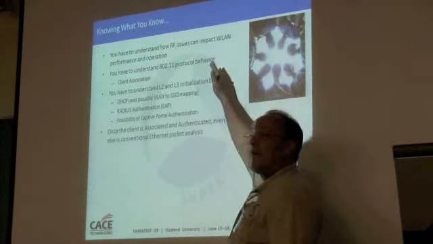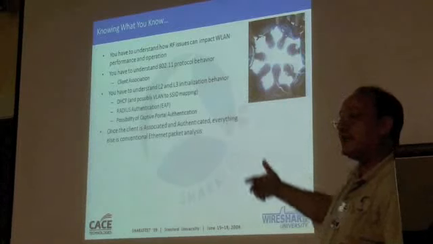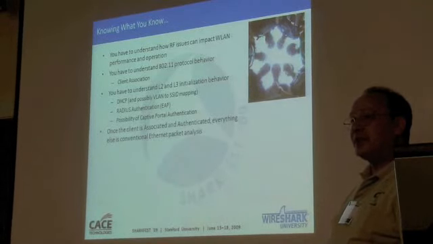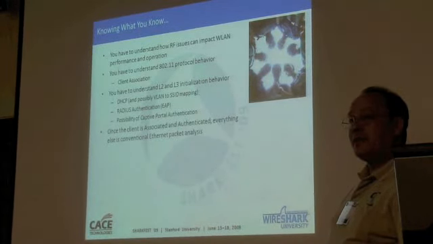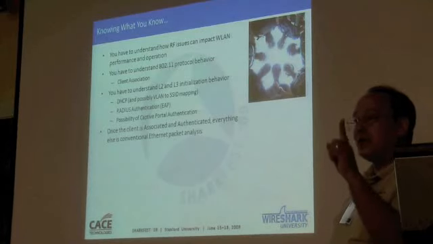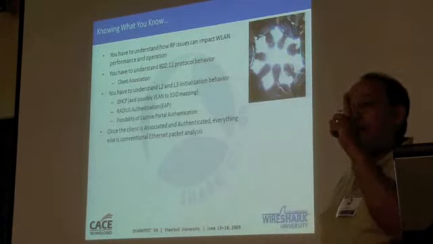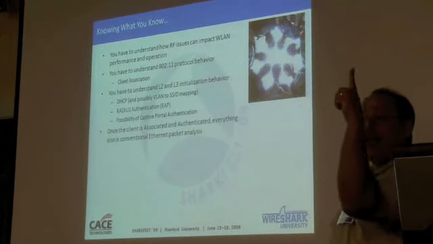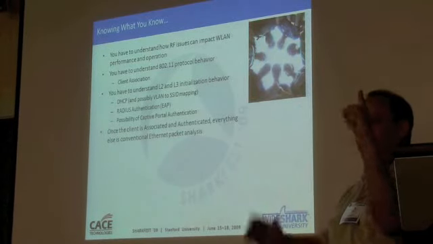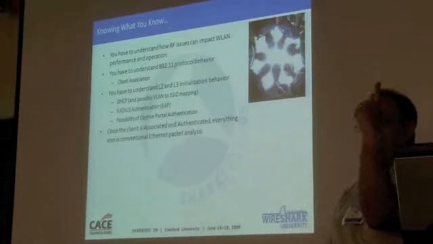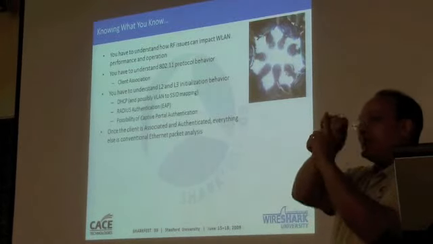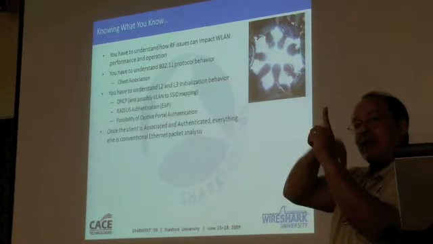You've got to understand stuff about RF, and we'll talk a little bit about this today. The most fundamental thing to remember is that an antenna looks like a fluorescent light tube, if you want to think of it that way. A dipole antenna, that's the stick, as opposed to a directional antenna, that's something else. The signal comes out the sides. It does not come out the top or bottom.